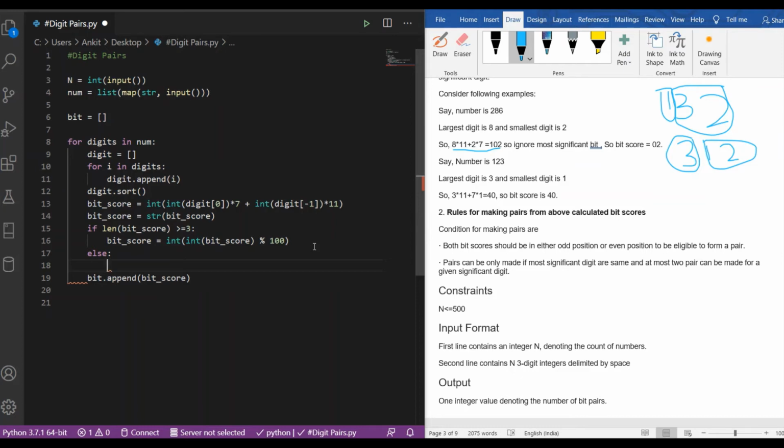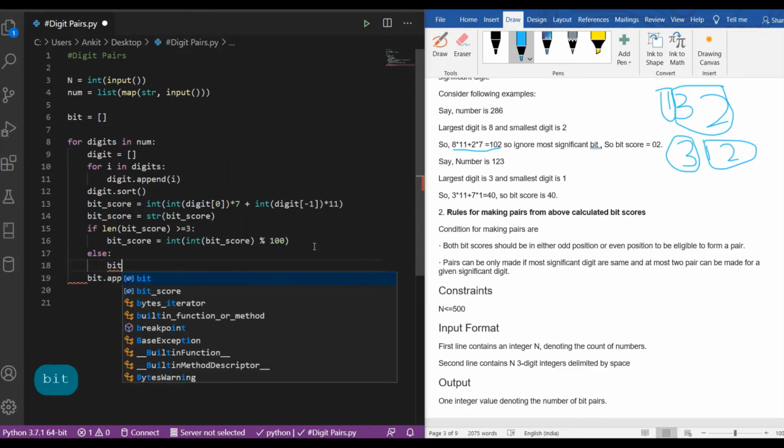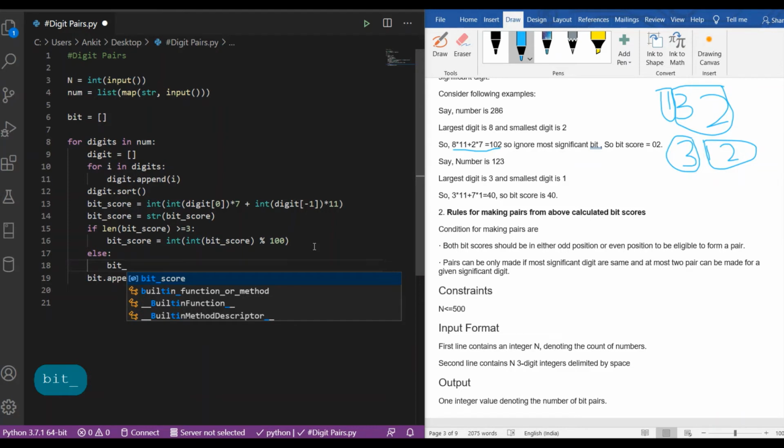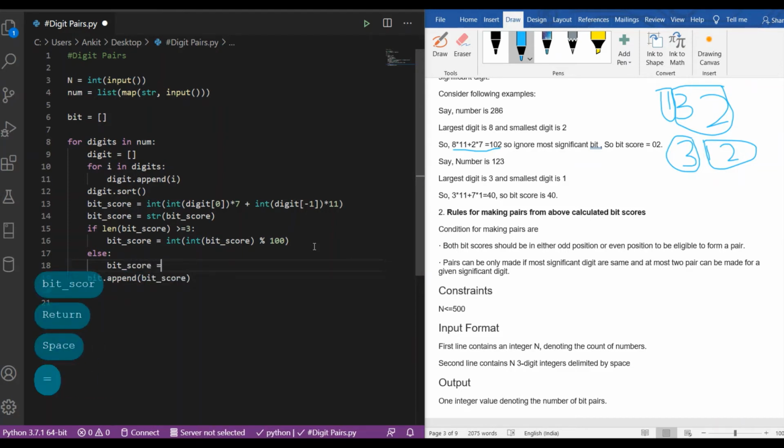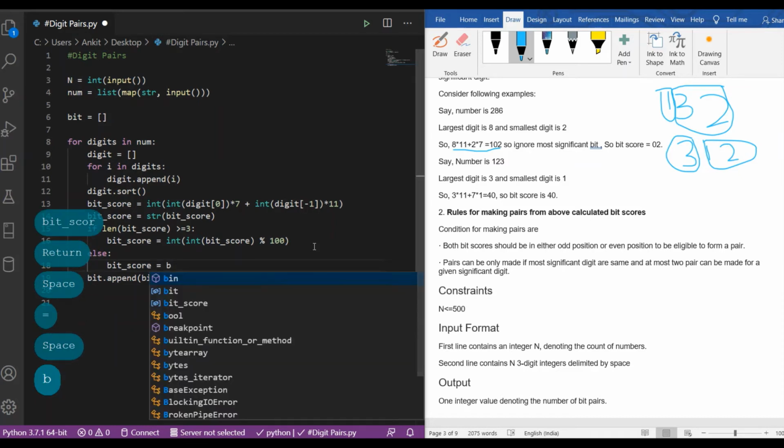But if the bit score length is 3 digits or greater than 3 digits, we have to take the last 2 digits, and if that doesn't happen, the bit score will remain unchanged.